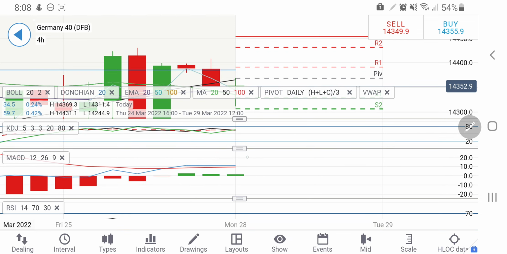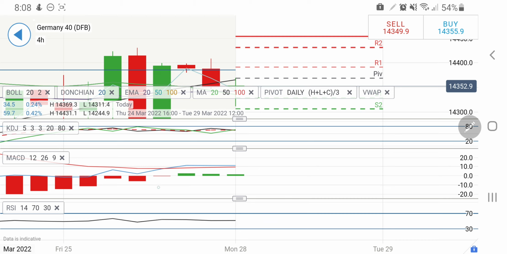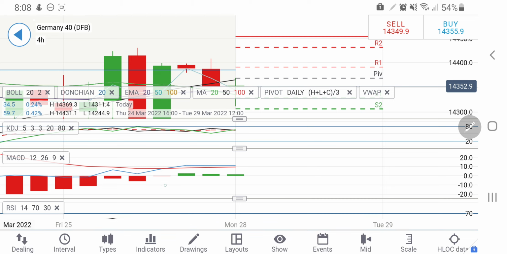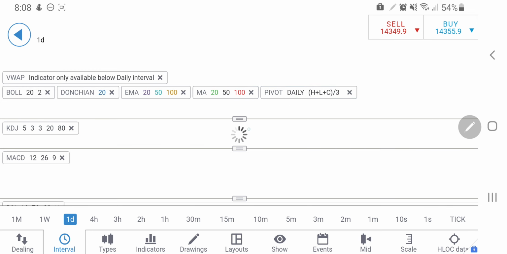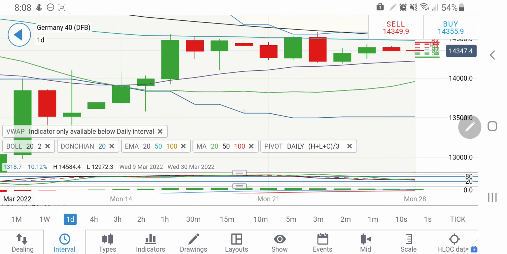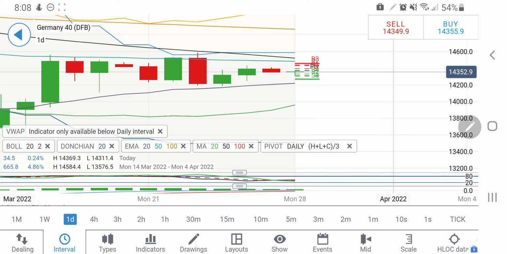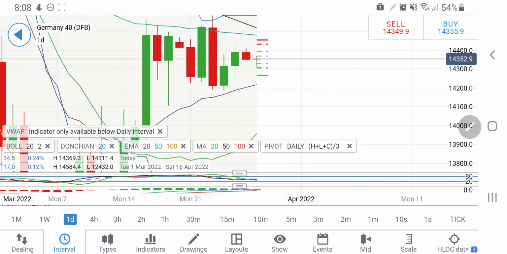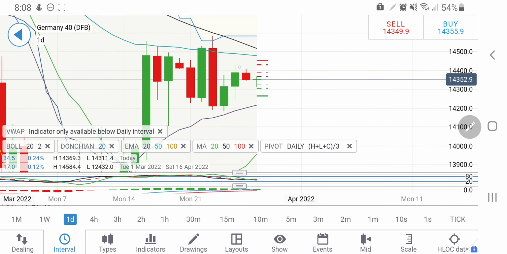Stochastic is not near overbought or oversold, trading at a comfortable zone, not showing any signs of stress for a good sell-off or a buyout. MACD is still on the buy side, running parallel, trying to converge. And on the daily charts, only and only if you see it trading beyond 14450, as I told, yes, you can expect that this is the reversal we can expect, and possibly it may try to reverse from there.